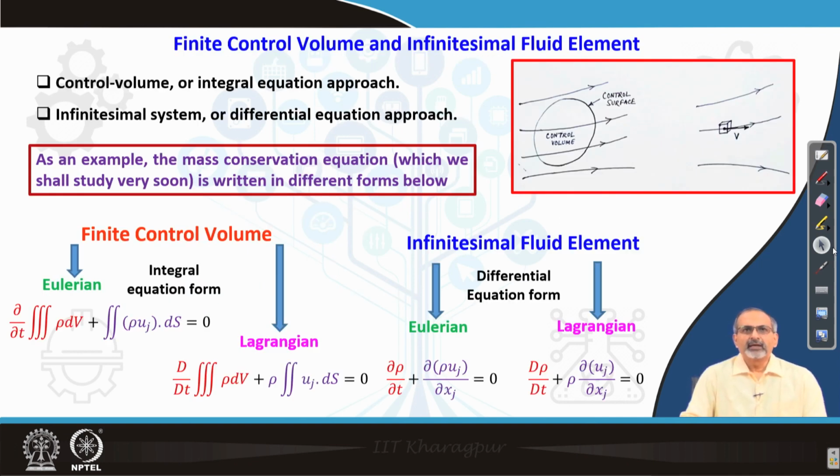Now, if you are looking at the two possible ways of picturizing the fluid particles, you may like to define a finite control volume, which is basically indicated using this particular finite region in space. So, it is basically a volume. If I try to shade it, trying to give it a three dimensional look,